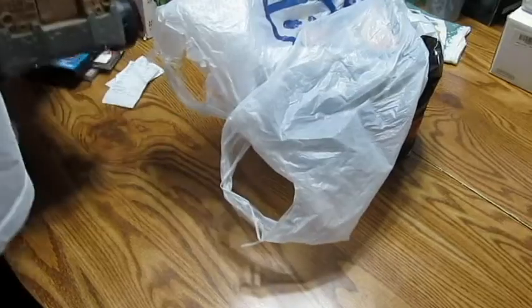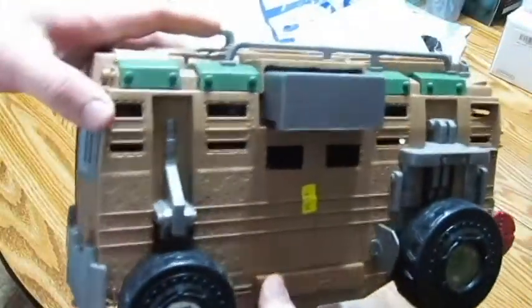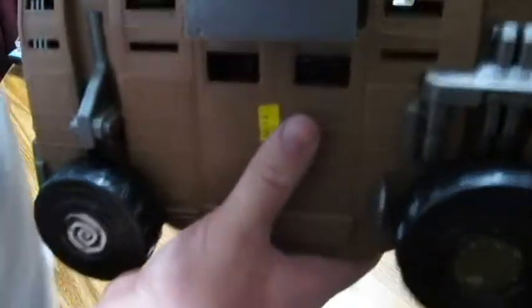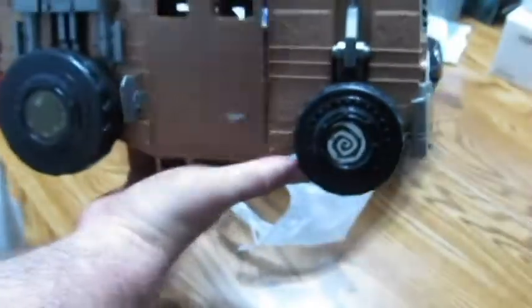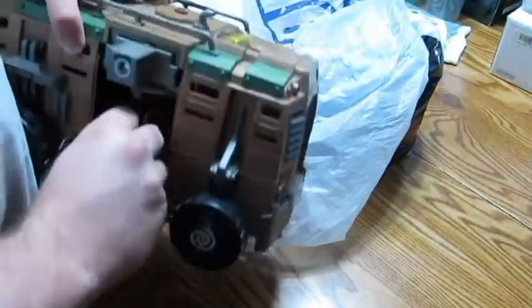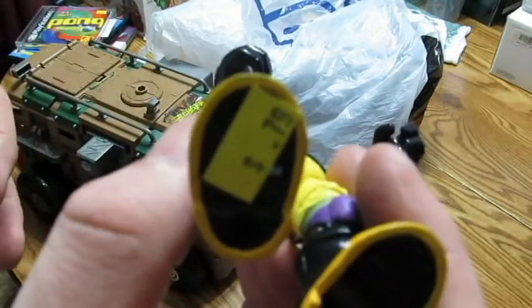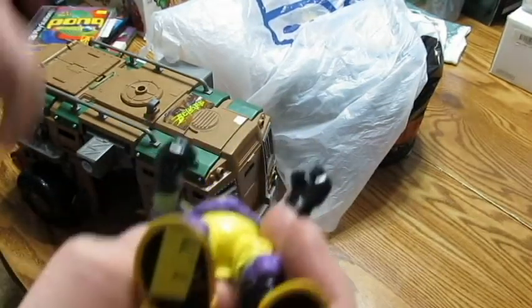Then the other things I got from this same place, shout outs to Sam Fossmanu on this, is I started collecting some toys here. This is one of the turtle vans, I guess. Not too familiar with this, but for the price I got it for, which was $1.29, I was more than happy to buy it. So this was cool. This is definitely different than the turtle van I had when I was younger. Inside I stored 4 figures that I also picked up, which were turtle related. These were all 79 cents each. So I bought the van for $1.29 and then 4 figures for 79 cents each,